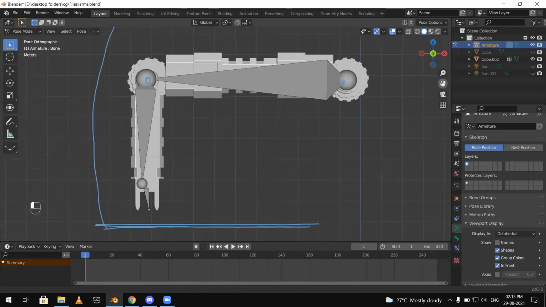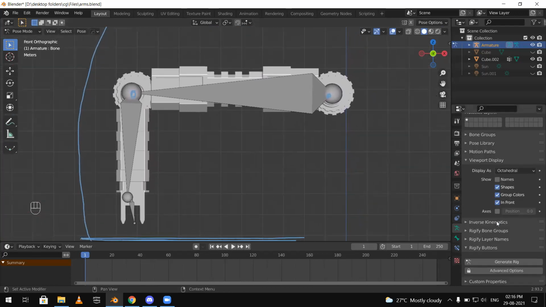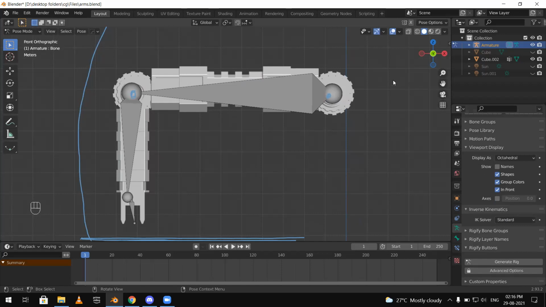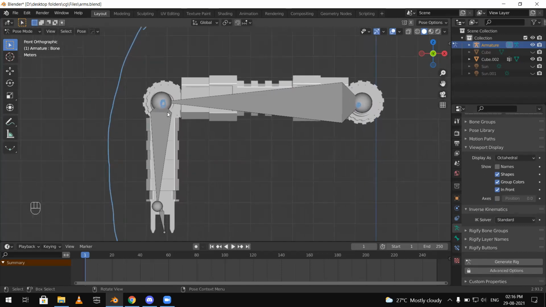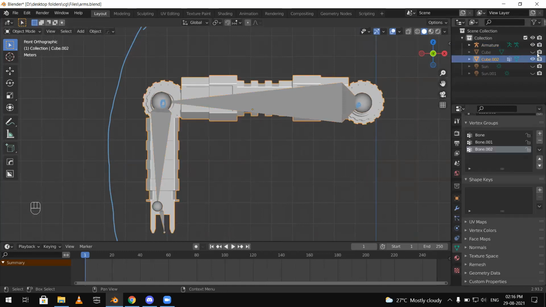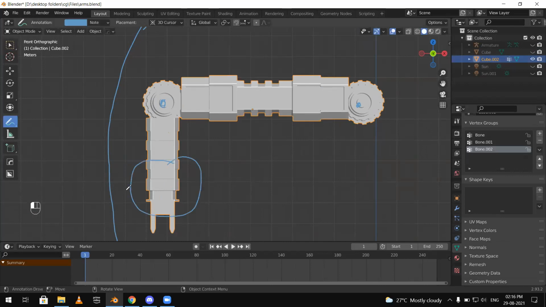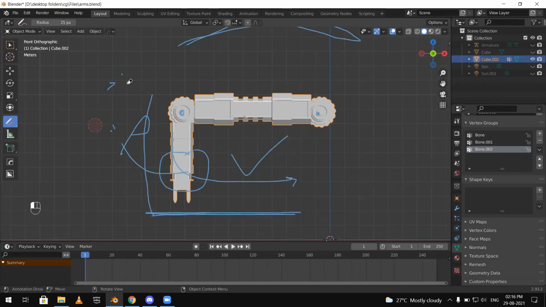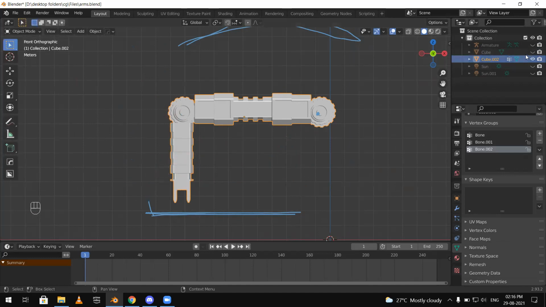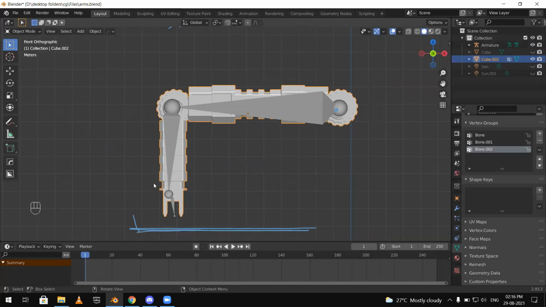Before rigging this armature, there's one feature that you should know about, which is inverse kinematics. One thing that you should notice while rigging is, first, let me press Control plus Tab and go into object mode. This part that we are going to rig is not going to go this way. It should go only this way. This one is wrong, this one is right. So let me erase this now. We are going to rig this model according to that only. This much should be kept in mind before rigging any object.